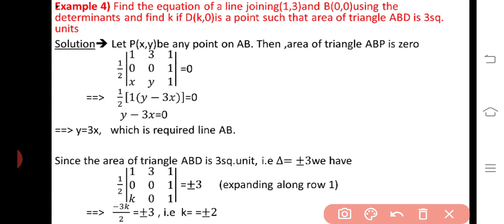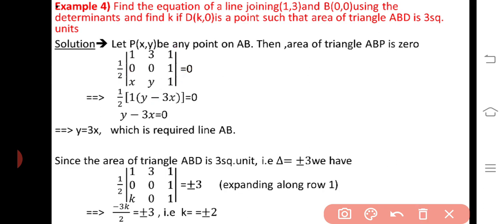Now you can solve this determinant along the second row or first row, but I will solve it along the second row because, for easier calculation, the determinant contains the maximum number of zeros. 1 by 2 as it is; 1 into 0 into any number will get 0, 0 into any number will get 0. Then delete the second row and third column, and we get 1 into y minus 3 into x minus 3x